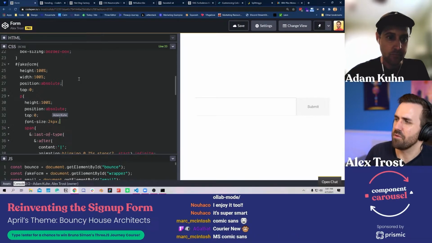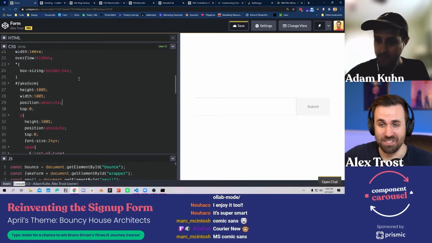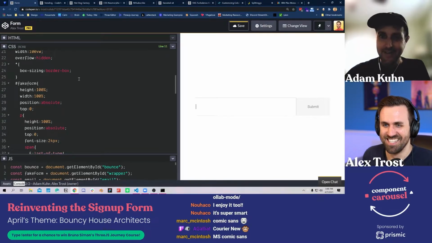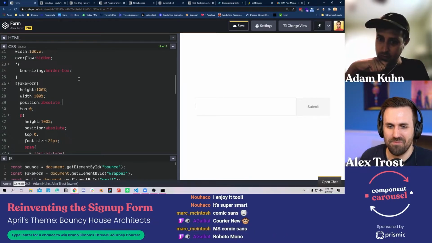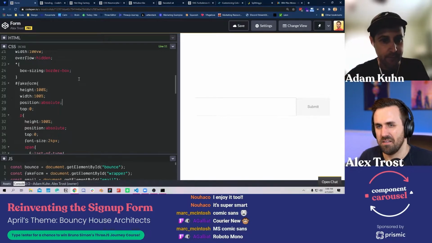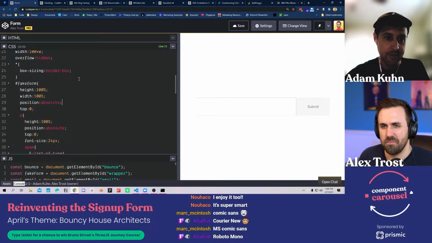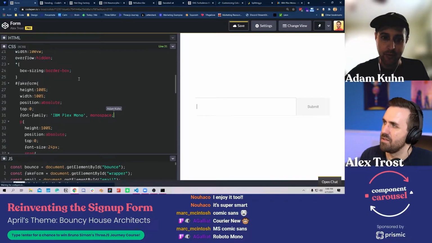So, can you explain why we need a monospace for this? I was hoping you'd ask that. That's why I'm here. Yeah, we need a monospace font because we're going to work with an offset path and space out all these characters. If there's any variance between the width of those characters, then it gets super janky. I'll switch off that mono font in a moment, and then you can get a feel for why that's so crazy.